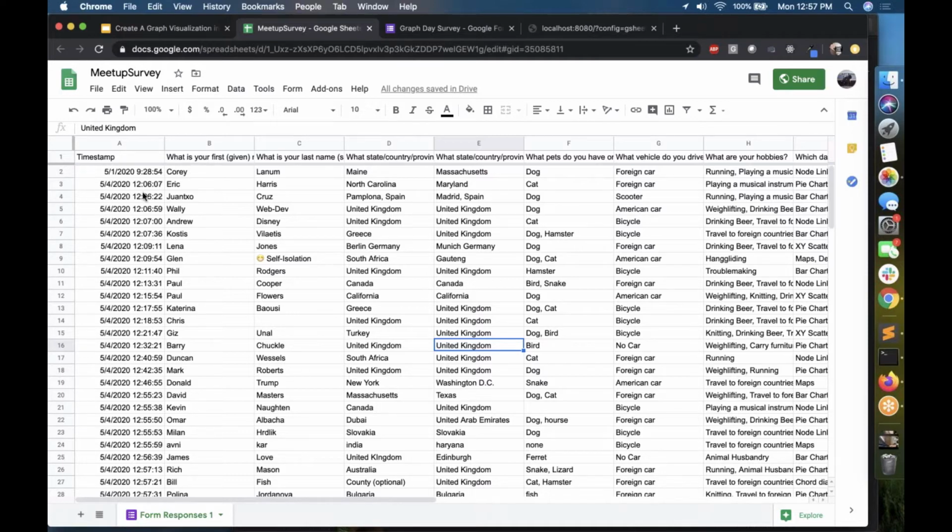And then we have the results here, starting with line number 2, which are the ones that you all have filled out as attendees. We have a column for your first name, your last name, where you were born, where you currently live, and so on. So the first 4 columns are pretty straightforward,